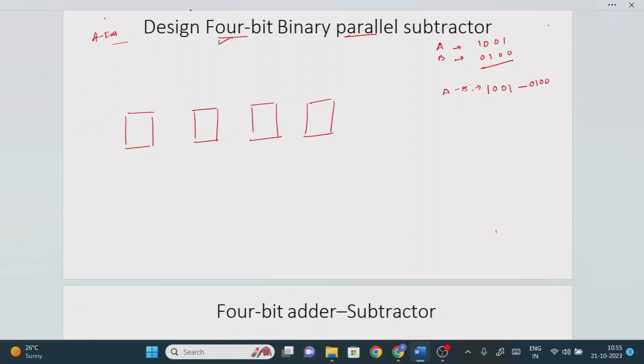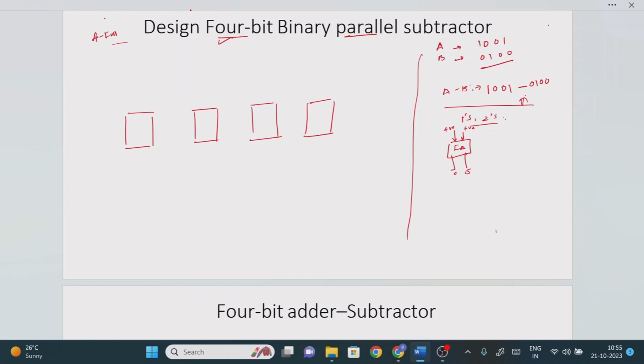We have the concept called ones complement subtraction as well as twos complement subtraction. What is the use of ones complement and twos complement subtraction? For example, if you have only an adder circuit, but you want to perform the subtraction also by using the adder circuit. Just for example, suppose I have an adder circuit which will perform only the addition operation. It means it will accept only positive number values, so that it will produce output in terms of the sum as well as the carry.